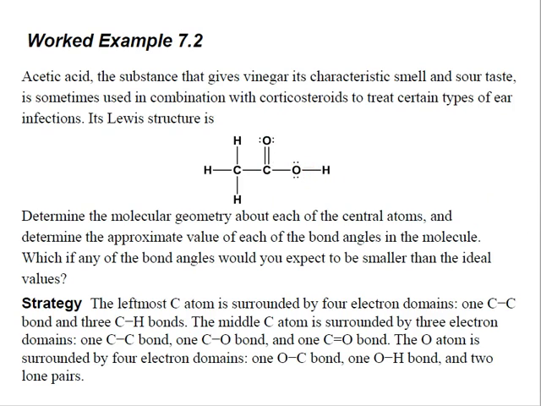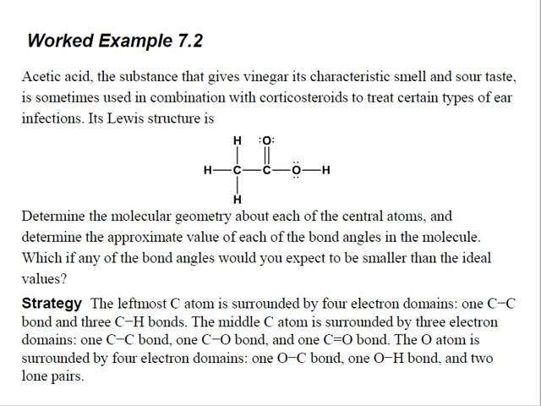What you need to do is to determine the molecular geometry about each of the central atoms, and then determine the approximate value of each of the bond angles in the molecule, and then which, if any, of the bond angles would you expect to be smaller than ideal values. Strategy here,